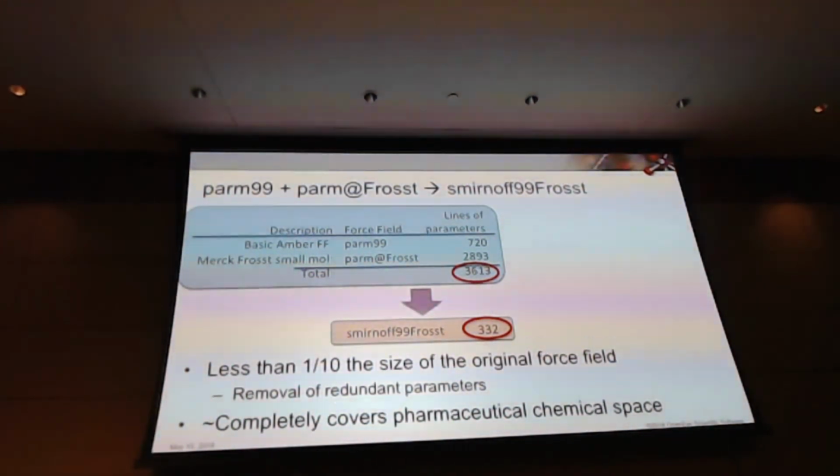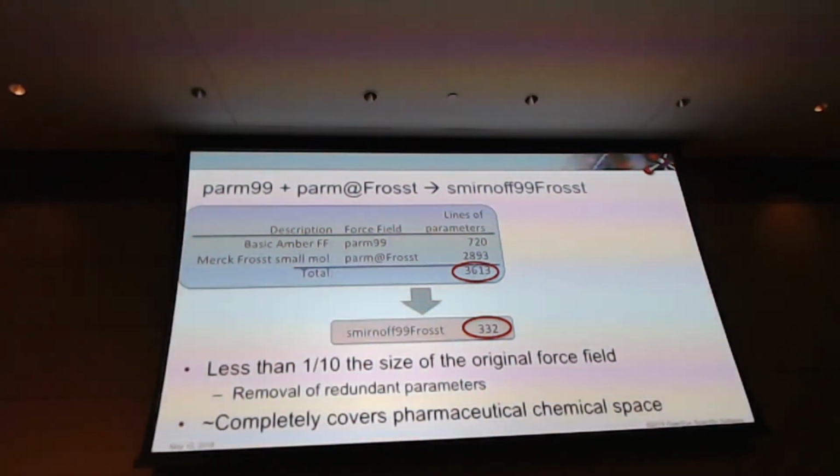And this is almost entirely due to the removal of redundant parameters, although I did telescope together very similar parameters that only had these very slight differentiations, which I think were just due to having artificially independent parameters, which weren't really. So we've got a small molecule force field that consists of 332 parameters. Well, what can you do with 332 parameters?